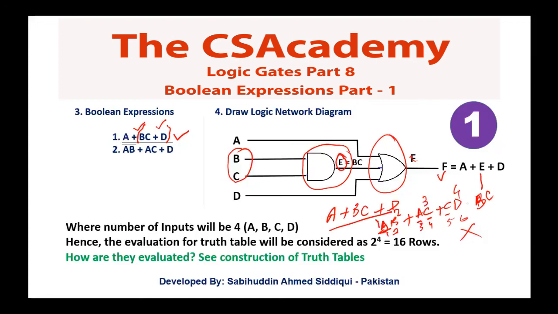So you will see 2 raised to the power 4 equals 16 combinations, right? Hence the truth table will be considered as 2 raised to the power 4 equals 16 rows, and how they are evaluated, the construction of truth tables. So moving on to the next slide, I hope you have understood this. For the next equation, which is designed to evaluate some inverted values,